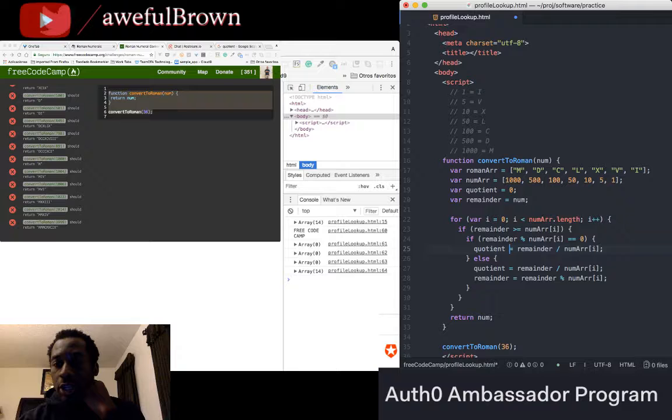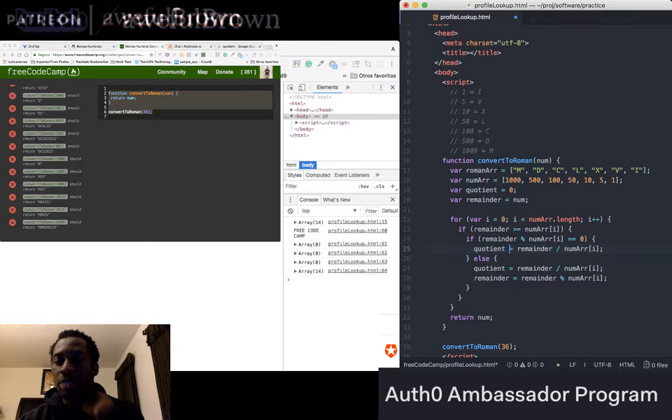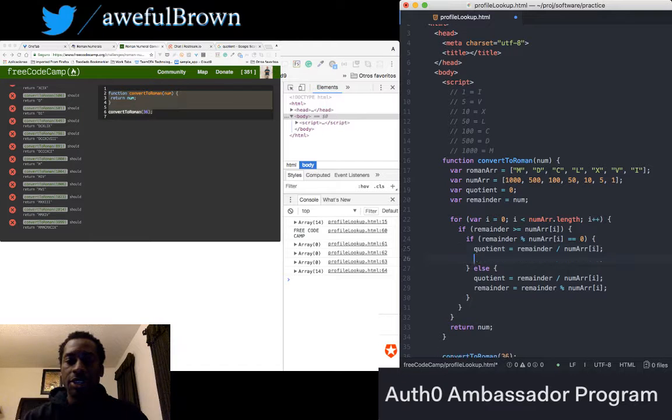But we don't want the quotient to be 5. We want it to be 5,000 because that's what the actual number is. So after we do the dividing, we then have to multiply the number in the array times,